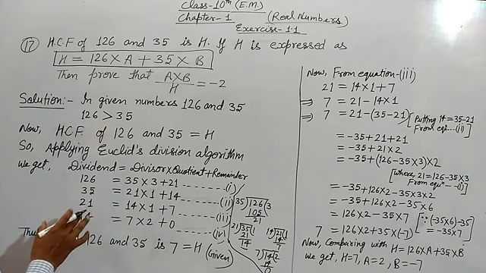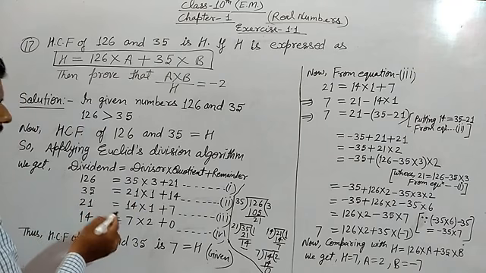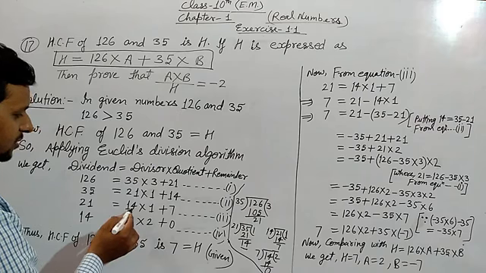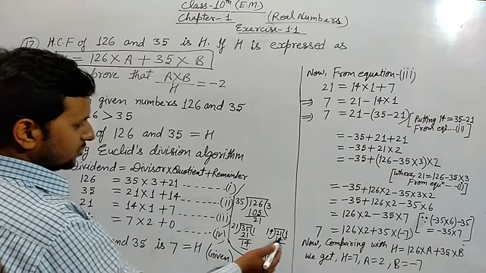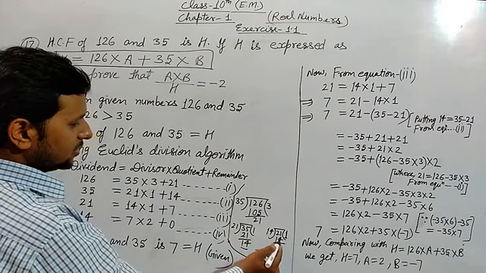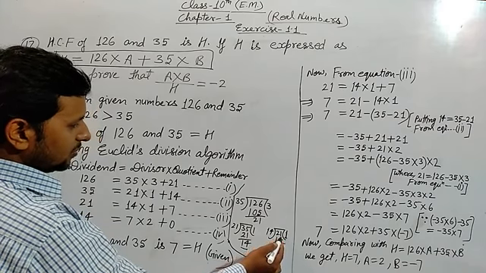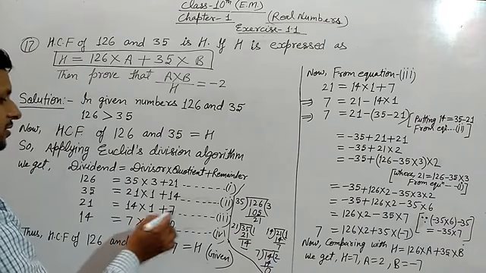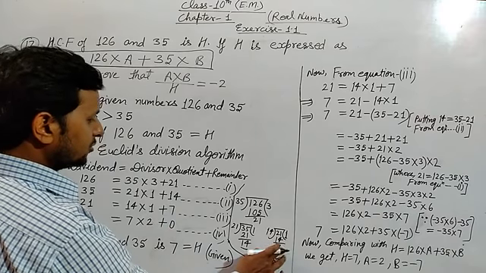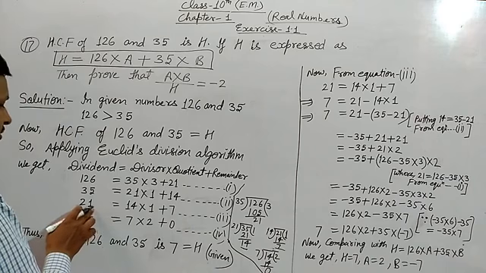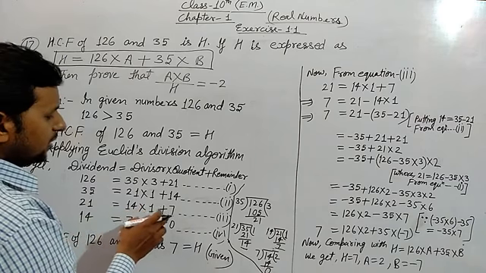Okay. Now in the next step again the divisor will be the dividend, so 21 is the dividend, equal to, and now the remainder 14 will be the divisor, 14 into 1, so the quotient is 1. 14 times 1 is 14, we subtract it from 21. Now 11 minus 4 is 7, and we get remainder 7. So we write 21 is equal to 14 into 1 plus 7.